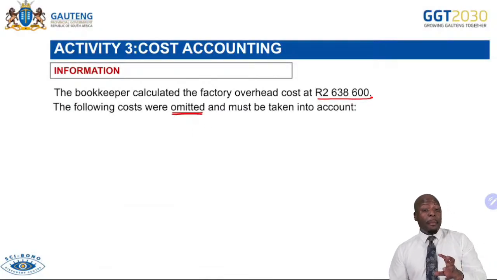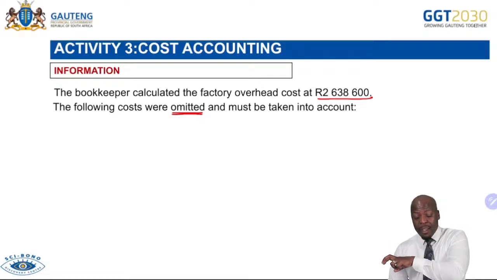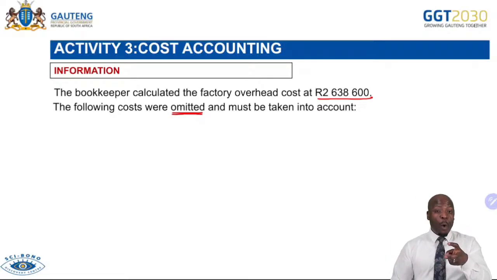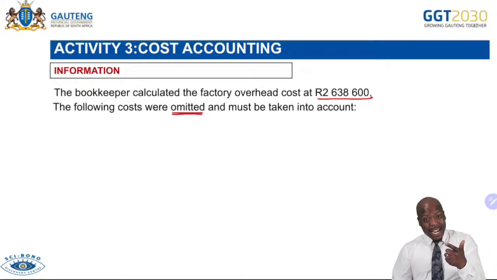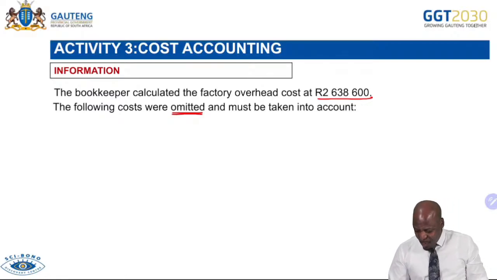Okay, very important. Remember, there's a difference between an omission and an error. If the amount is omitted, it was not recorded at all, so you must record it. But if the amount was recorded erroneously, then you need to correct the error. In this activity, we have both transactions where an amount is omitted and where an amount is recorded in error. So I'm going to show you how to do the ones that are omitted and the ones that are incorrect so that we can correct them. The examiner can test you on either an omission or an amount that is erroneously recorded.